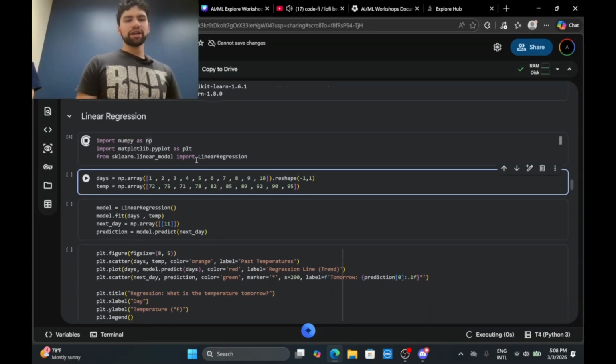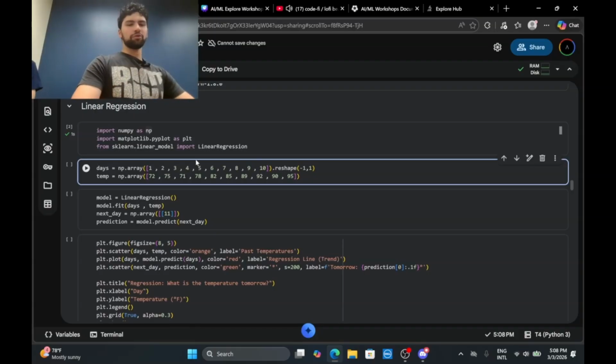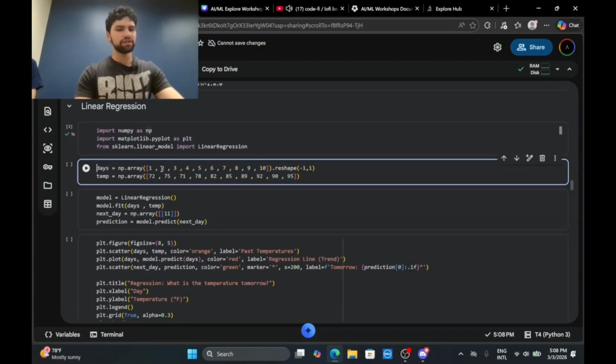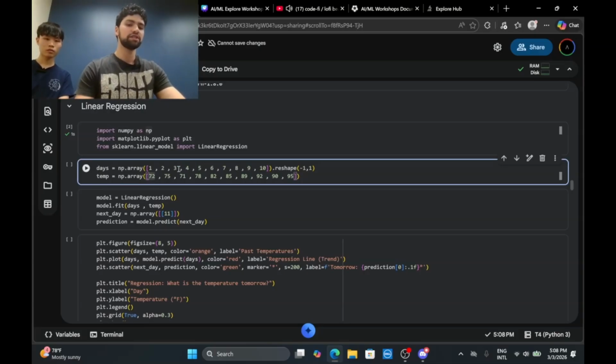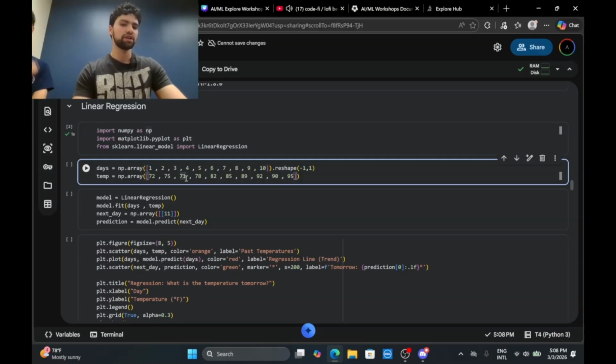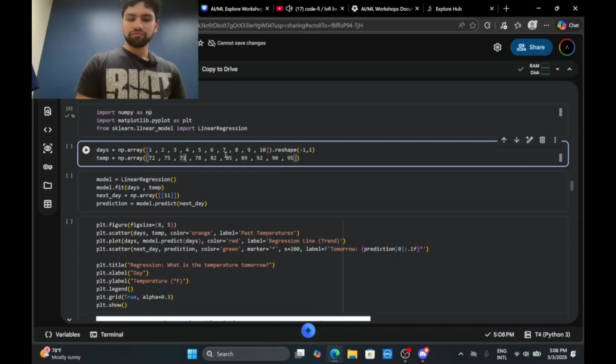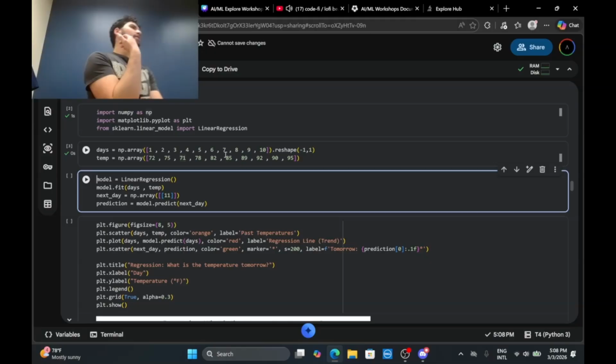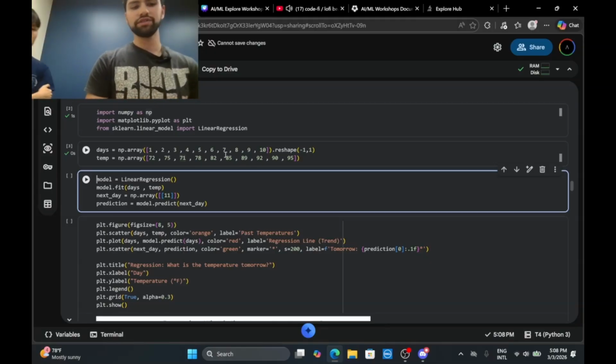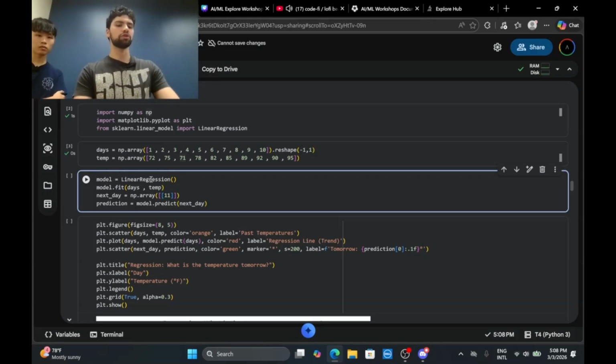Here we're making our own data set. We have day 1, day 2, day 3, day 4, and each temperature corresponds to the day. Let's say on day 1 it was 72 degrees, on day 3 it was 71 degrees, and so on. This is just dummy data to look at what linear regression is. Here we define our model, a linear regression model.